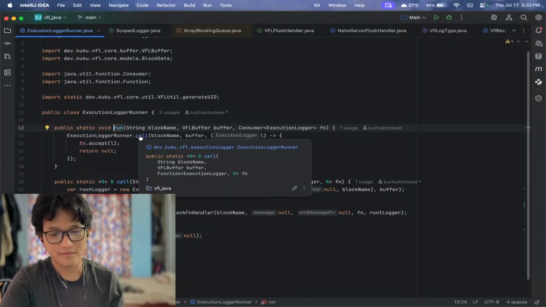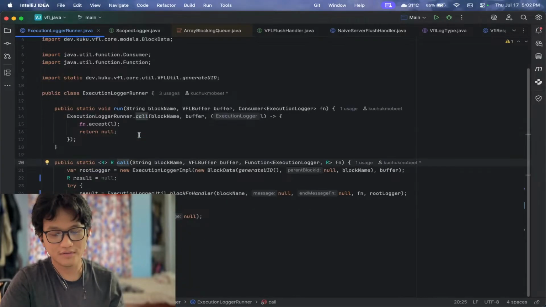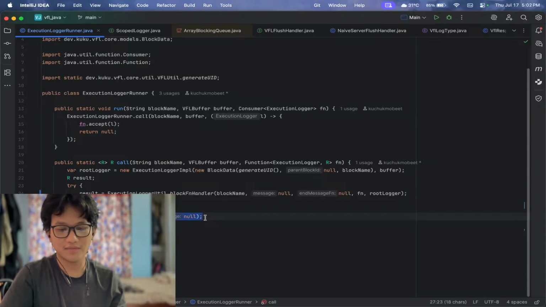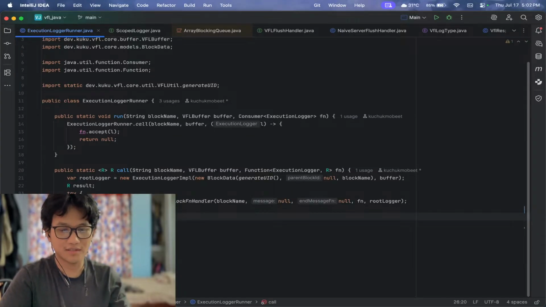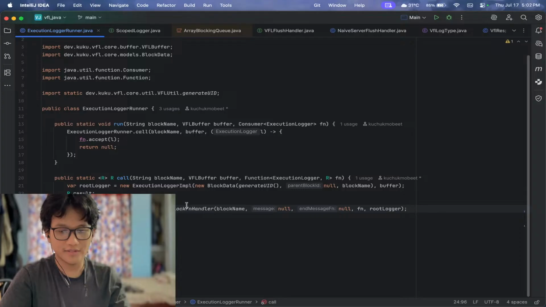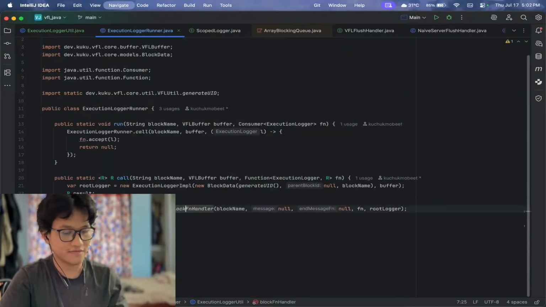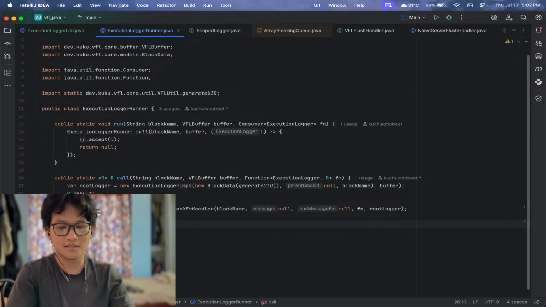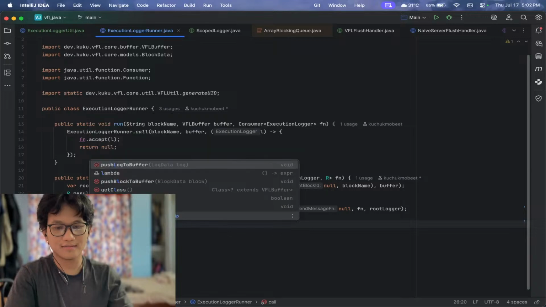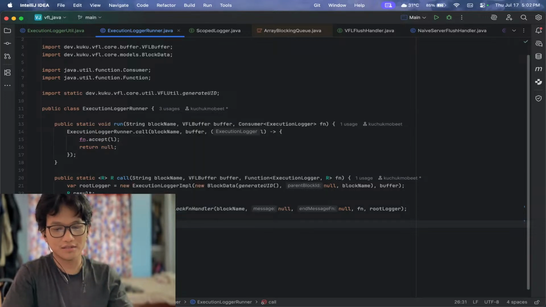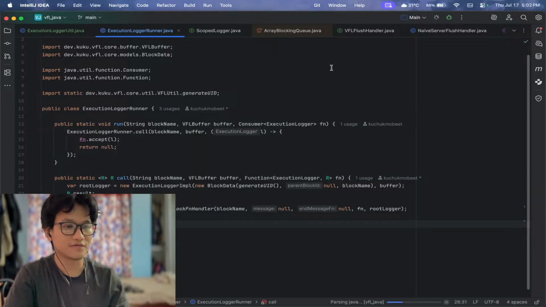let's call it the run function. We are closing the block instead of flushing it. We are supposed to flush it because the execution block handler already does the closing of the block and everything. What we need is buffer shutdown actually, not flush. Cool. So if you run this again,